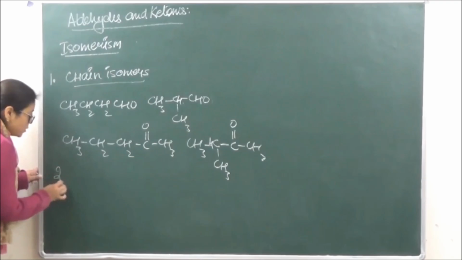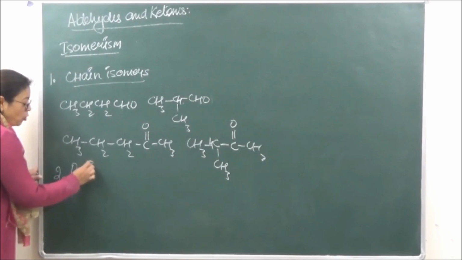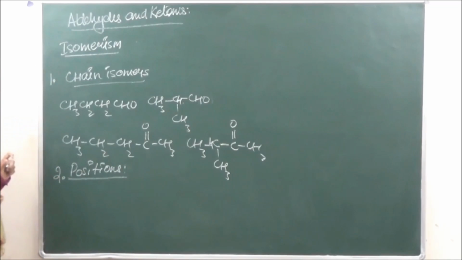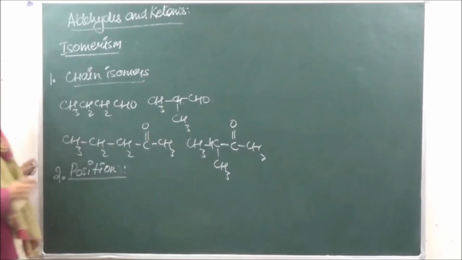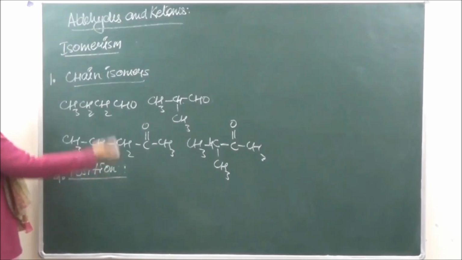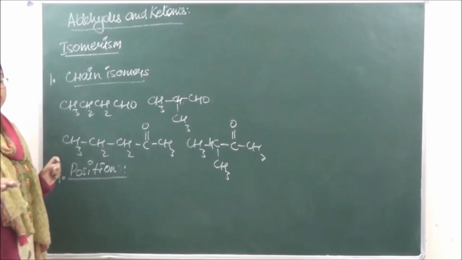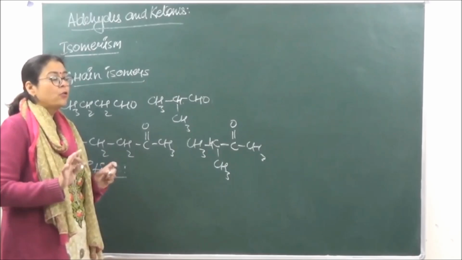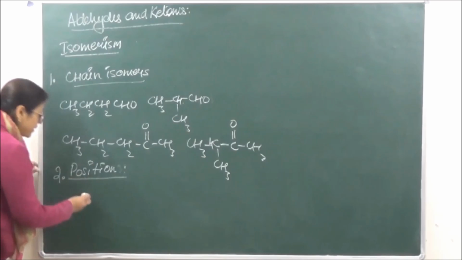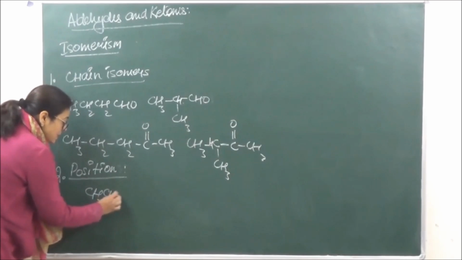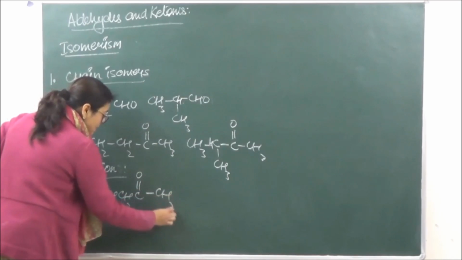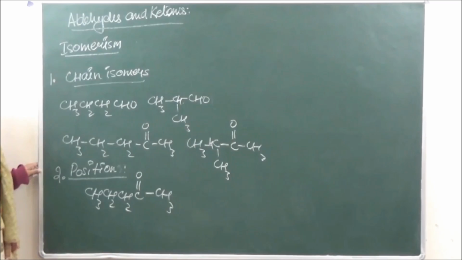isomerism. Position isomerism सिर्फ ketones वो भी which has more number of carbon atoms, ketones and aromatic aldehydes ही शो करते हैं, बाकी शो नहीं करेंगे. जैसे normal aldehydes they cannot show position isomer. Why? Because उसमें हमको aldehydic ग्रुप को हमेशा नंबर 1 देना है, अभी हमने पढ़ा. ठीक है? So what are we going to have over here is, let's take CH3, CH3, CH2, C double bond O, CH3. This is going to be pentane 2-one.